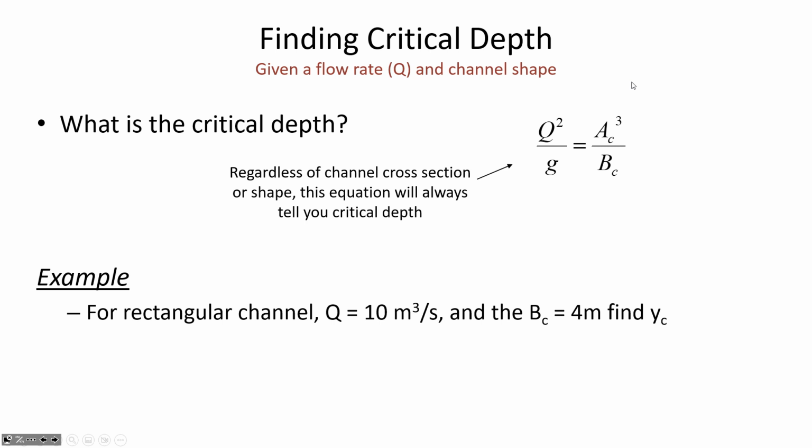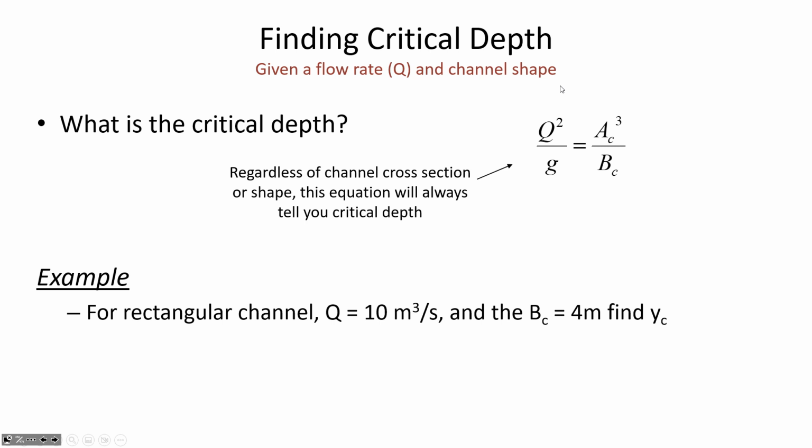And we want to know what is the depth when conditions are critical, so y sub c. Critical flow is when the Froude number is equal to 1, and what we can do is substitute in the known flow rate and square it, and then express the area as a function of the